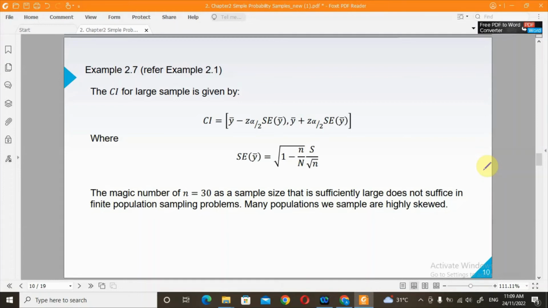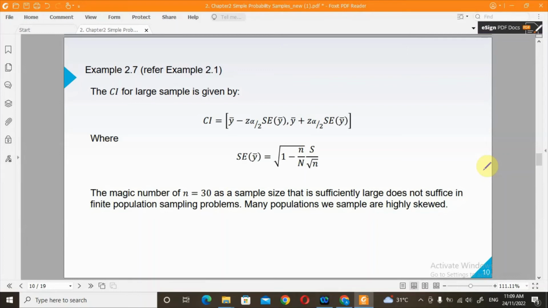It is also mentioned in many introductory statistics books that the magic number of sample size equal to 30 is sufficiently large to say that our sample is large, but